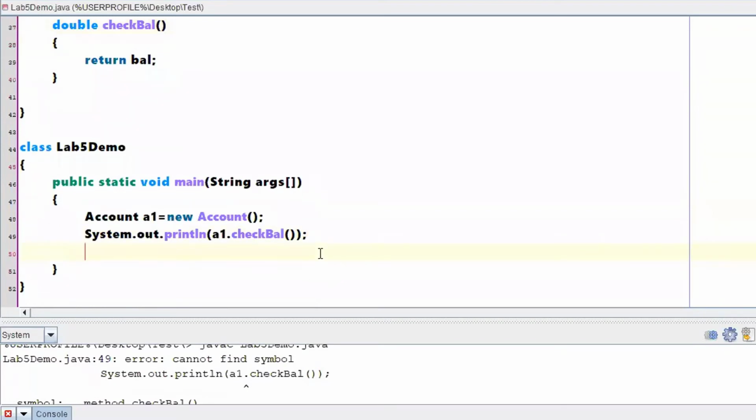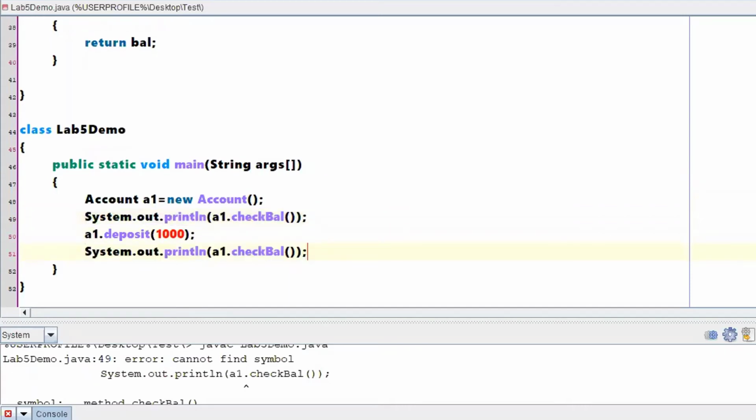Right. So with respect to A1, let me perform something like a deposit. Let us add 1000 rupees to our account. After adding 1000, let us cross check whatever is the balance, right? And keep one more thing in mind, we are not dealing with a database.